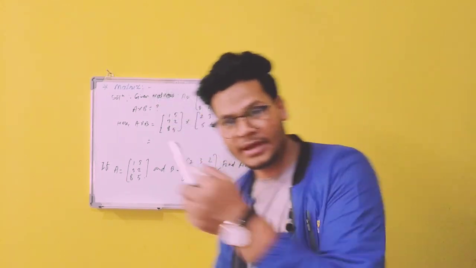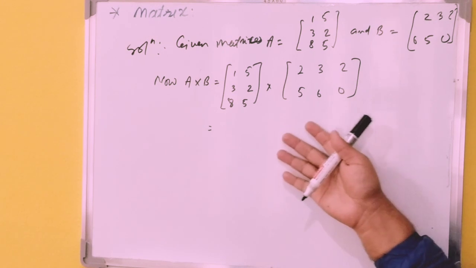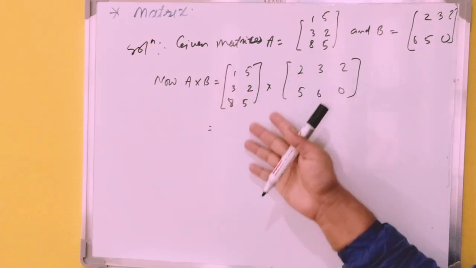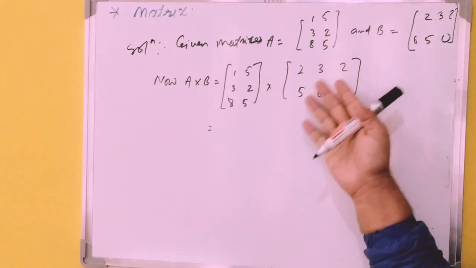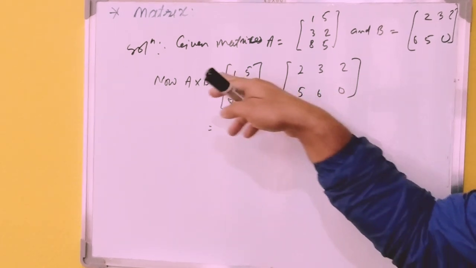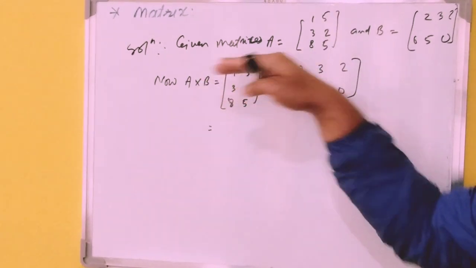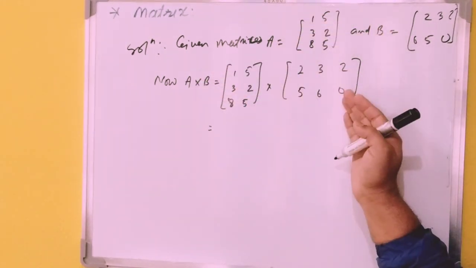Now this is the main step. So how to multiply this one? First of all, be careful while multiplying these both of the terms, right? Here, what to do? We have to multiply the row wise to the column, row and column, row and column, like this we have to multiply.